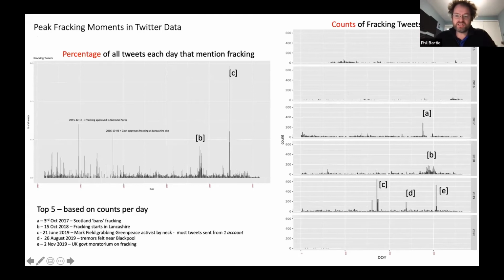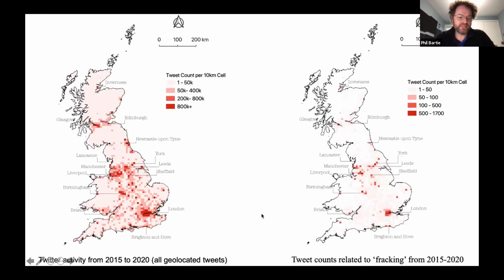So this one on the right just counts, just seeing where there's a lot of people tweeting. On the left, it's a percentage of all the tweets. And we get some interesting spatial patterns. So first of all, not surprisingly, you get more tweets where there are more people. On the left-hand side, this is just a raw count of all the tweets collected, and you can see the main cities coming up pretty high. On the right-hand side, you get just the tweets relating to fracking, again, hotspots around the cities.